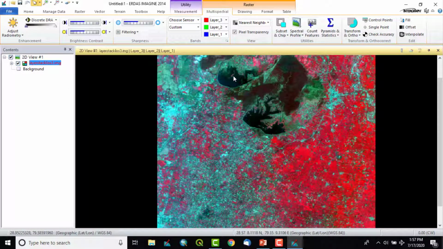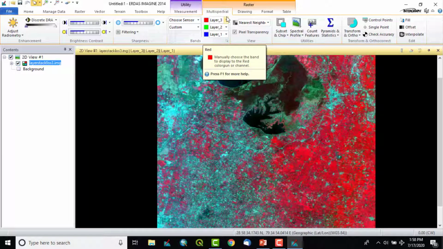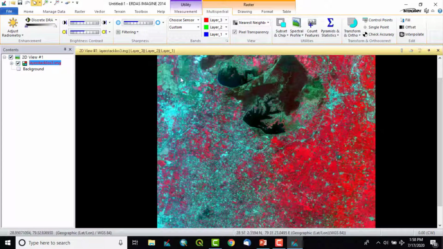If we have Landsat, there too are some differences, like Landsat 4, Landsat 7, Landsat 8. So for Landsat 4, there is 4, 3, 2: 4 in red, 3 in green and 2 in blue. And when we deal with Landsat 8, there are bands up to 5. So first in red we have to put the 5th band, then in green we have to put the 4th band, and in blue we have to put the 3rd band. So 5, 4, 3. So each satellite data has a different combination of false color composite. So red color shows agriculture and vegetation cover.